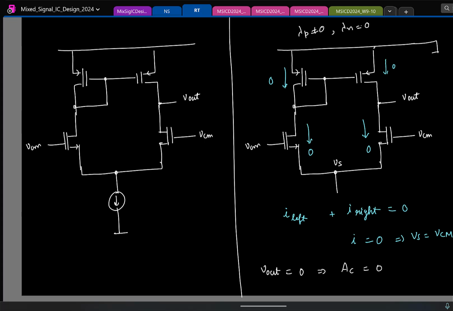Now tell me, do you think it will be 0 exactly, or in practice what will make it non-zero? What non-ideality will make this non-zero? Lambda of what? Okay, let's say even lambda is considered. Do you think anything will change? Even if lambda is there, what can you say about the small signal currents in the two transistors? Will they be same or different? The gate voltage is same, the source voltage is same. Even if I have channel length modulation, the total current